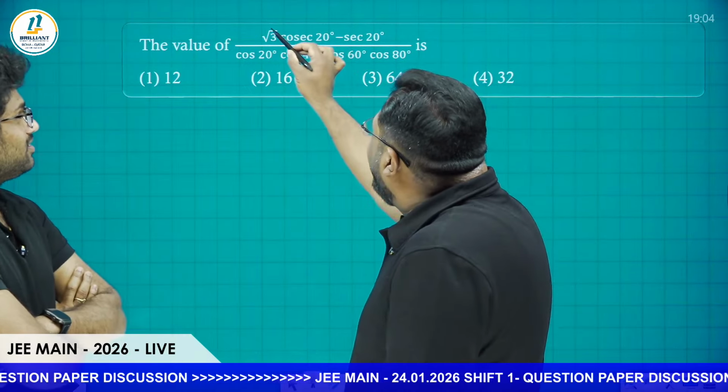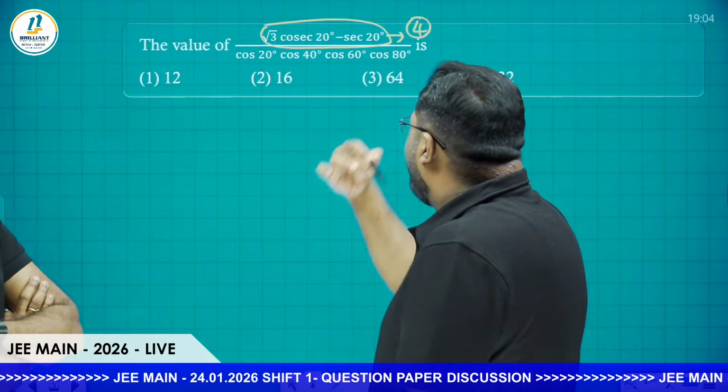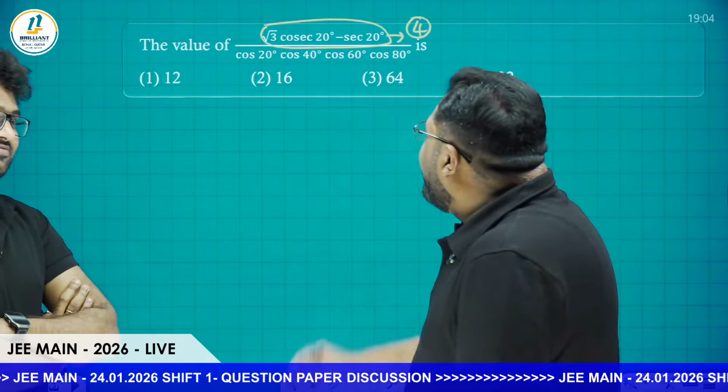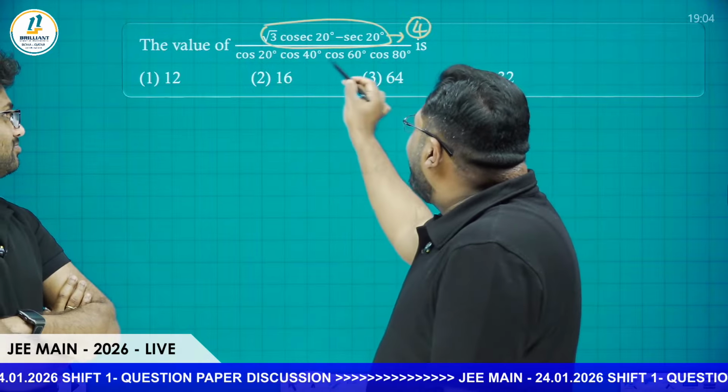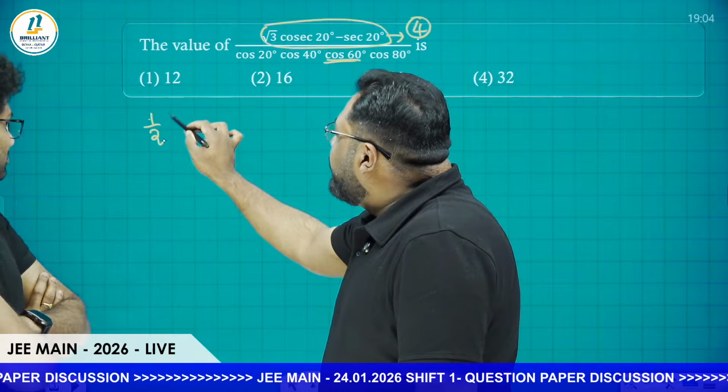Exactly. This question we can answer directly. We can say the answer is 4, sir. We have done this already. Second one, the denominator, it's a very easy one. Cos 60 we know, 1 by 2. So that is going to be 1 by 2 into